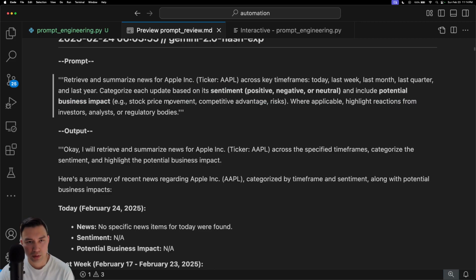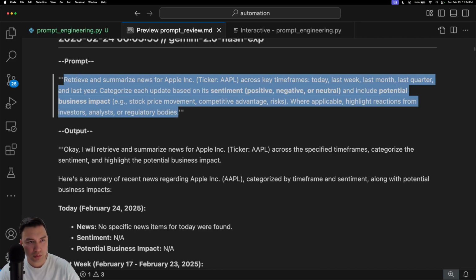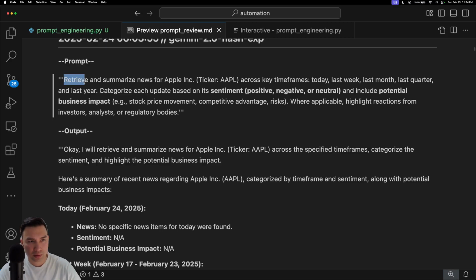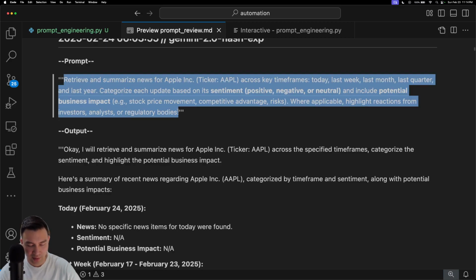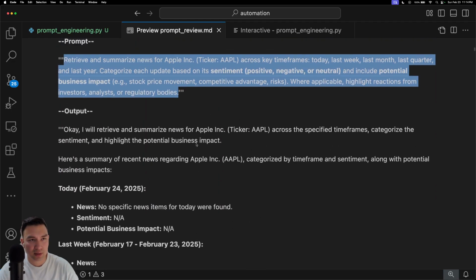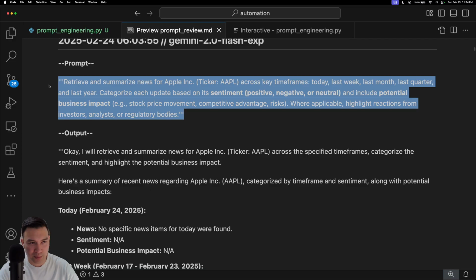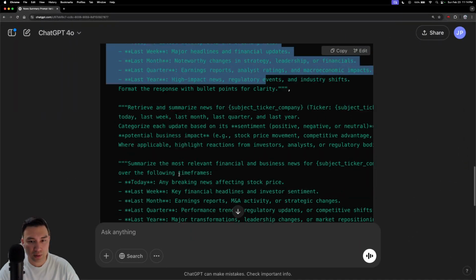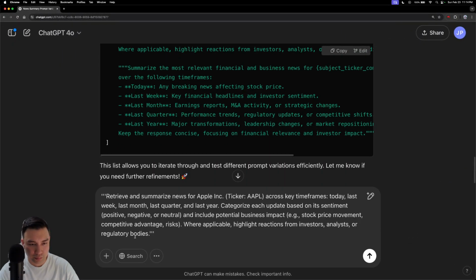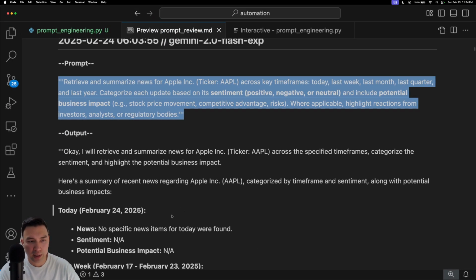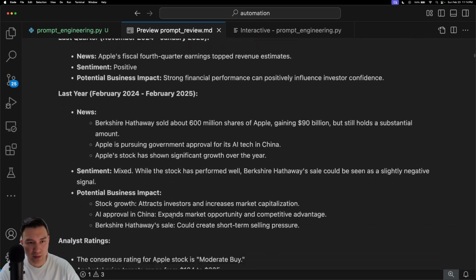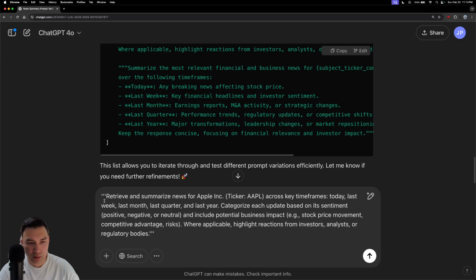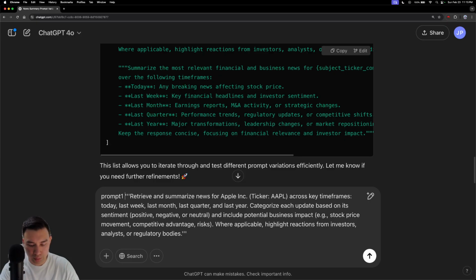Let's get this. Oh, come on. What's going on there? I can't right click that. Command C that. Let's combine these two prompts. Command C, and then let's go into this. Command V. And then let's see if we can combine these two. Prompt 1 equals this, and